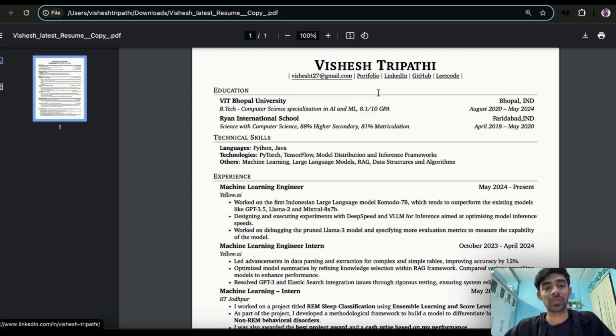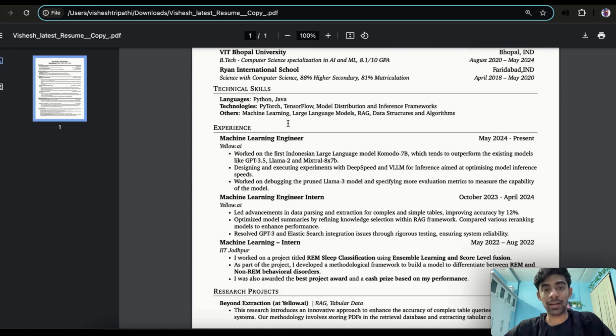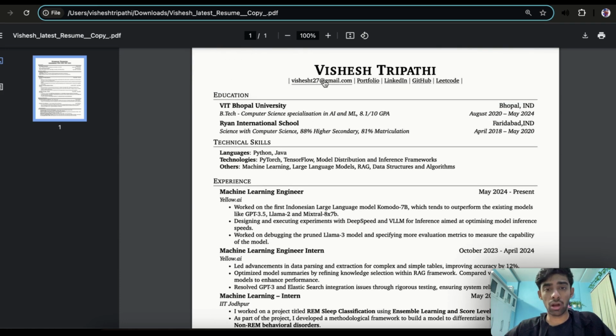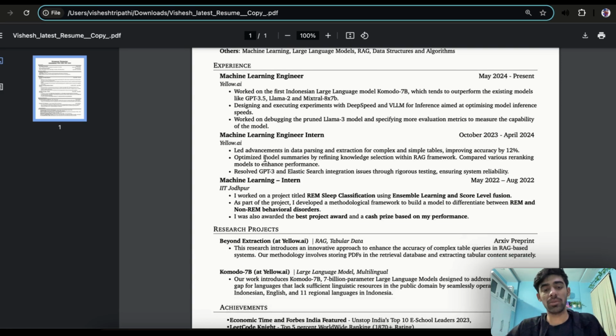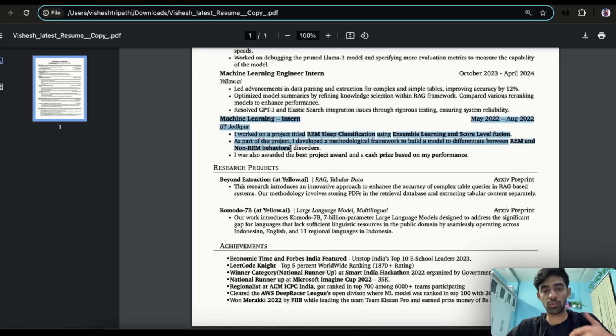So let's get started. This is the current resume I have been using, and this is the resume that I have currently used for applying for other jobs, and I will be using this only for applying for jobs in future also. If you look at this, I have kept it as simple as possible. All my details are here: the education, the technical skills that I have, and then my experience. I've been working in Yellow, so I put as intern, then as a full-time engineer. Similarly, for IIT Jodhpur, I have put here that I have worked as an intern there. Similarly, in research projects, I have put the projects that I've worked on and the link to